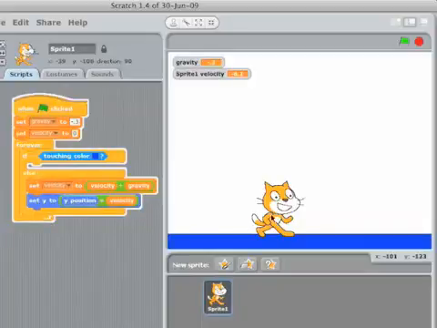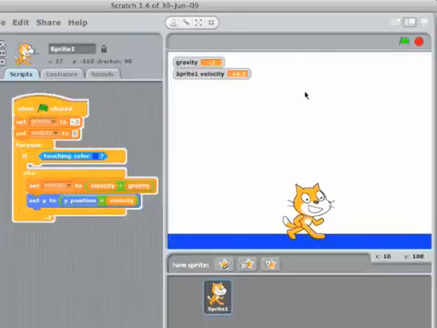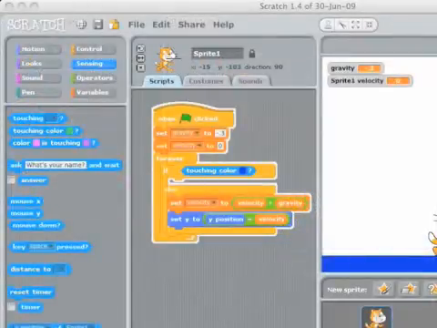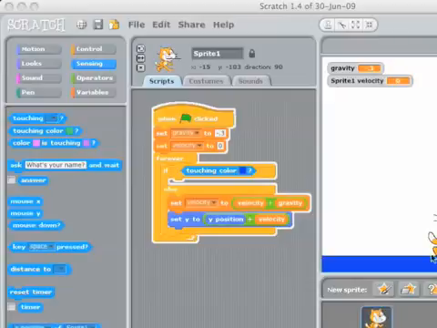Otherwise, he falls. So if I pick my cat up again, he'll fall. You can see he accelerates. He's getting faster and faster. Okay, so as soon as he touches this, I want him to all of a sudden start moving in the opposite direction by bouncing. So I'm going to go up and say,